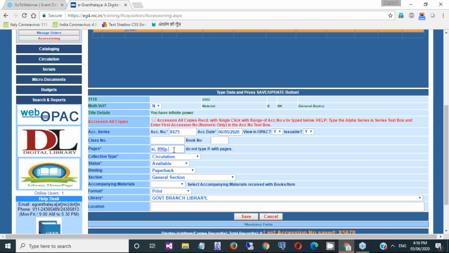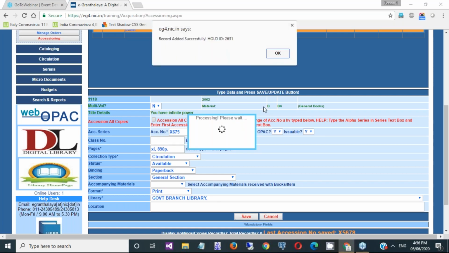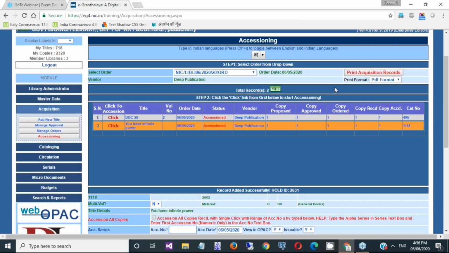Whatever data you are going to type in each and every step, please follow library standard as well as general English rules. Then save it. So in this way we have completed the accessioning process of these 2 books, and we have completed this process of acquisition.